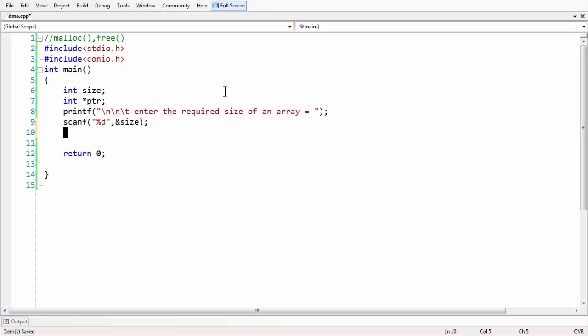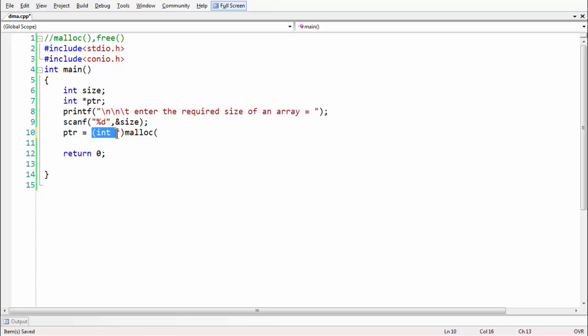Now, making use of our pointer, which we are going to convert into an array, we need to cast the malloc function to an integer pointer, since we are trying to build an array dynamically of type integer.